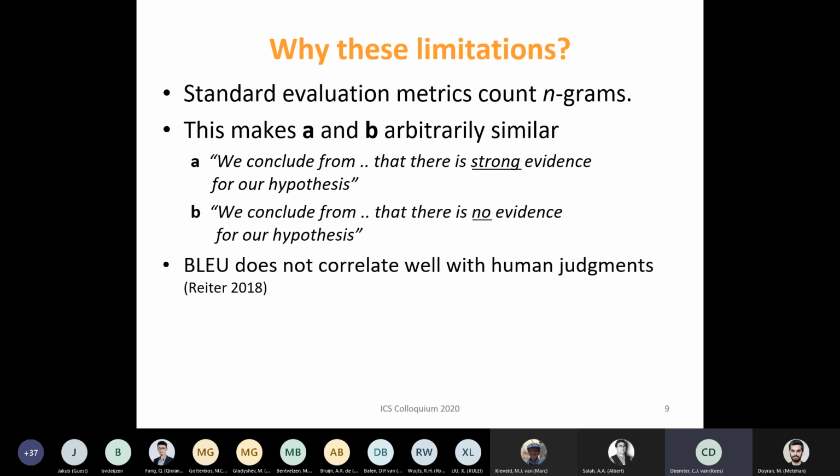Now, if the sentence is short, that may be a substantial difference, but of course the sentence can be arbitrarily long, right? On the dots, you can fill in things of 1 word, 100 words, whatever you like. So that means that the severity of the error as a proportion of the total number of words, because that's how these metrics work, gets arbitrarily small. So unsurprisingly, metrics that work like this have been found to correlate very badly with human judgments. Yet, we rely on them when we say this system is better than that system.